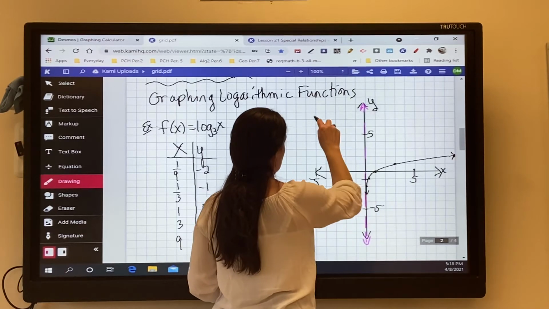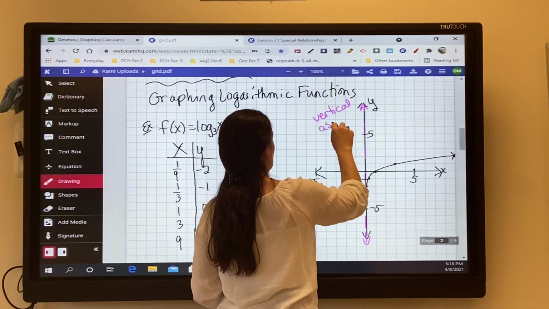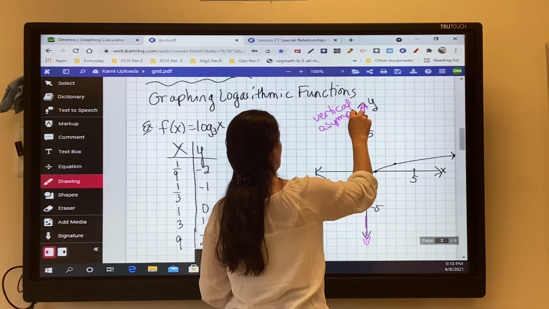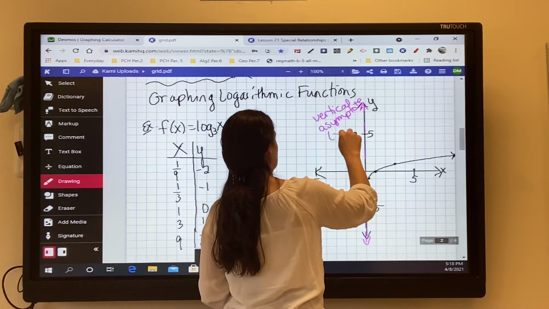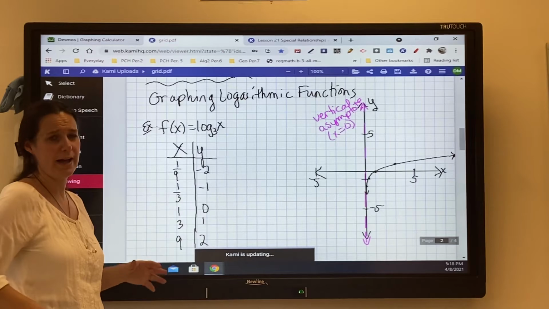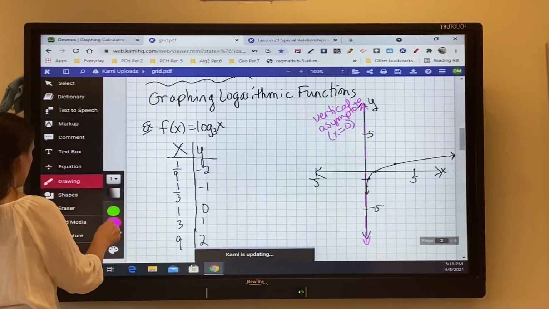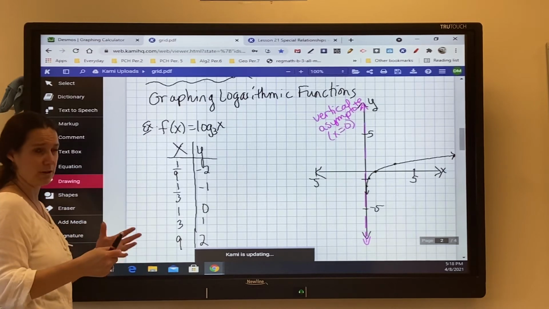All right, that's going to be right here. We're going to write down vertical asymptote, and we're going to write down the equation x equals 0. So the graph will get infinitely close to the y-axis but never actually reach it, because it's an asymptote. So anyway, I'm now going to do a couple other nice things with this graph that we did with the other one,